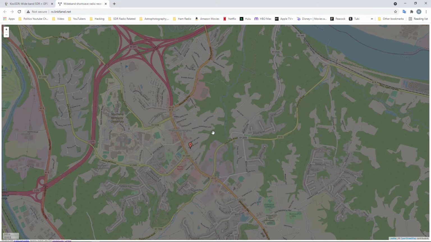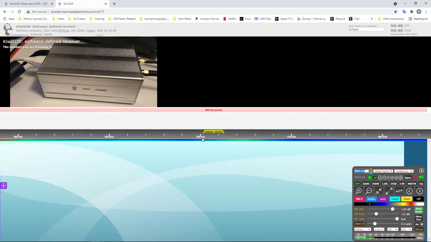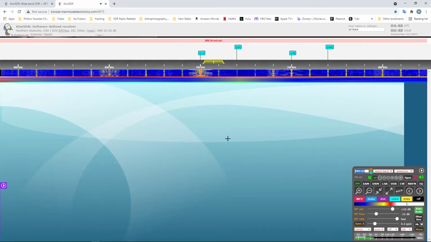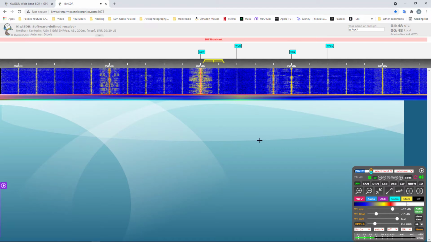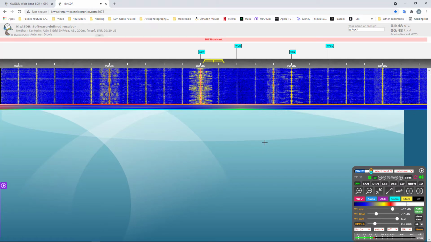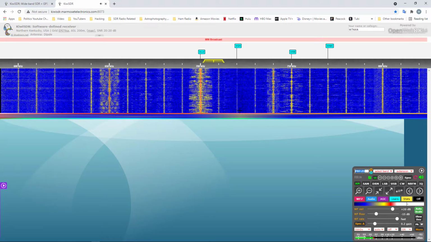So get in here, click, and it turns green, and it further reinforces where it's at and what frequencies it's capable of hitting. And left click it, and boom, we're in the radio, and we're attached to that radio in Northern Kentucky.